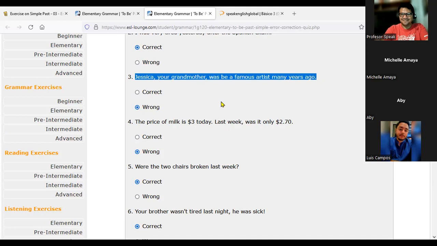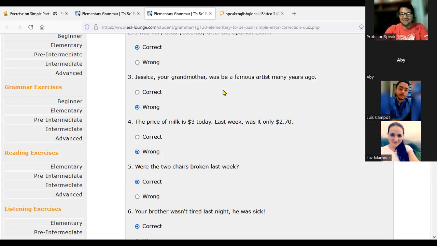Because was and be are the same. The subject is you. You cannot have "was be". ¿Podemos decir así? I was be a famous person. No, o es was o es be, pero no podemos tener los dos. O es uno o el otro. Es como que uno diga was am, was is. No podemos decirlo así. O es uno o es el otro. Lo mismo pasó acá.